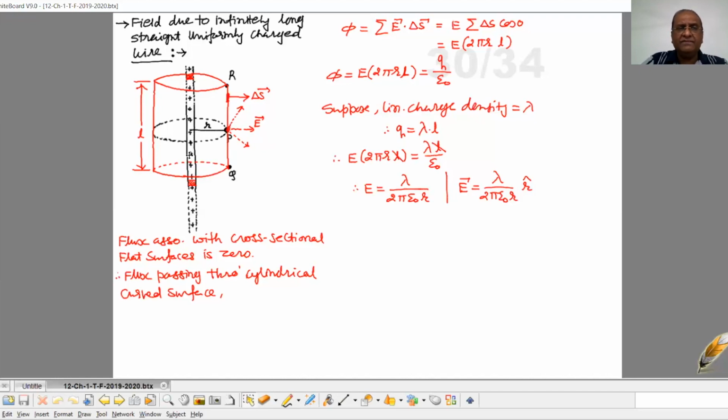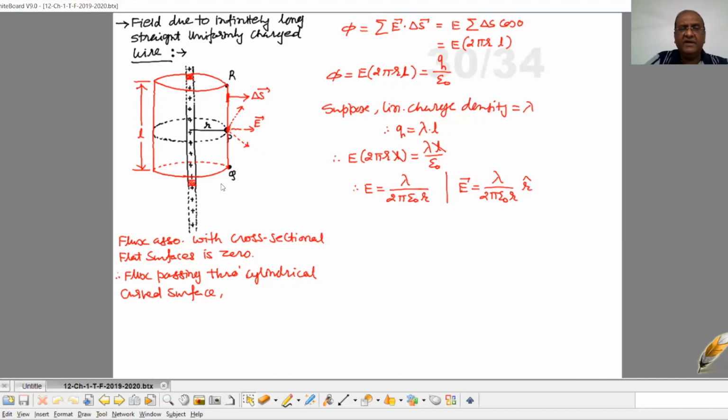Here suppose the linear charge density of the wire is lambda, meaning charge per unit length of the wire. Now if we consider the Gaussian surface, which is a cylindrical one as shown in the figure, having radius R and length L, then by applying Gauss's theorem to this cylindrical Gaussian surface, one can easily calculate